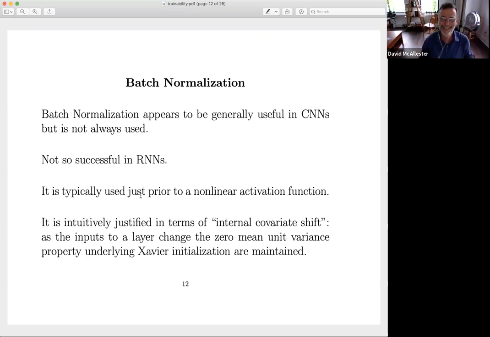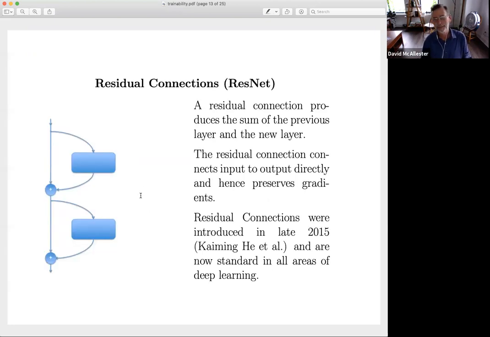Very, very hand-wavy. But hand-wavy arguments can work. Okay. This is one of the big developments, in my opinion. It's been a while now, but this is